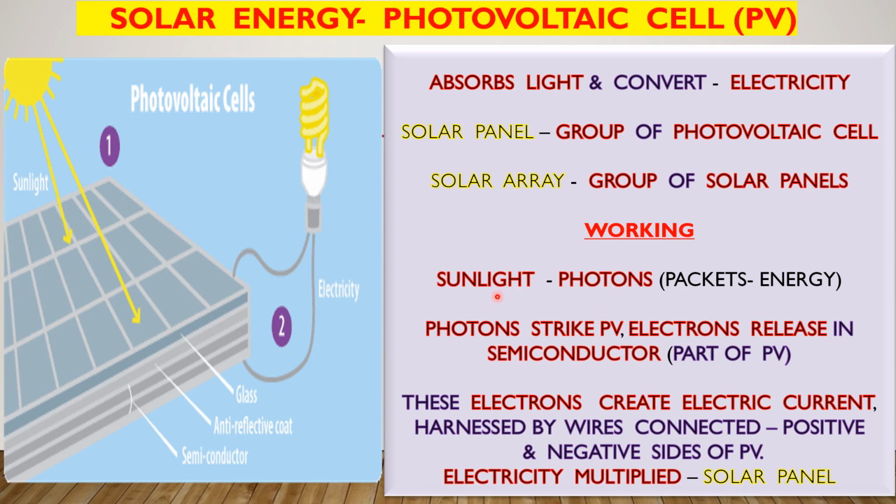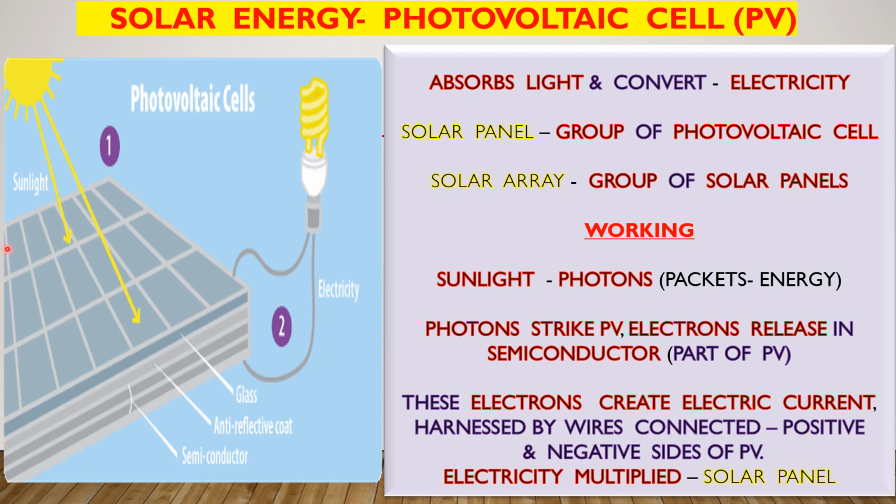Let's go through here. The sunlight is made up of photons, as we know. Photons strike the PV, that is, the photovoltaic cell. Electrons are released in the semiconductor. So as the photons are captured, the electrons are released into the semiconductor. These electrons create electric current due to their flow, harnessed by wires connected through the positive and negative sides of the photovoltaic